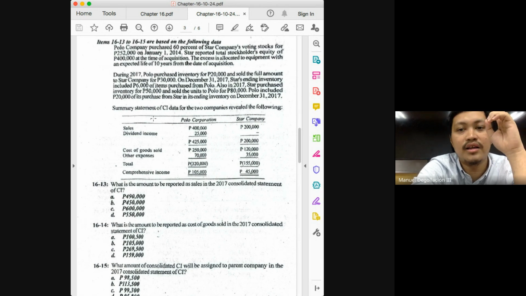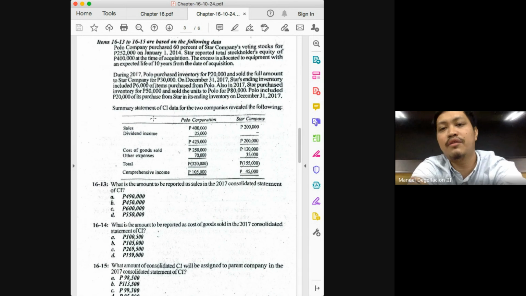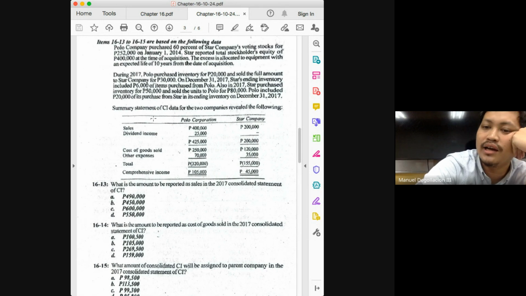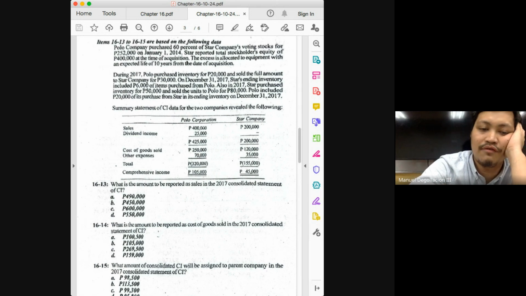But I don't want you to do that class. There are instances wherein the book value will be greater than the fair value, and in that case, it is wrong to call it an excess, but the amortization of the difference between the fair value and the book value would be an addition. But in this case, it would be deducted. And in almost all the problems you will encounter, it will be a deduction. So deduct 2,000 from the 45,000.